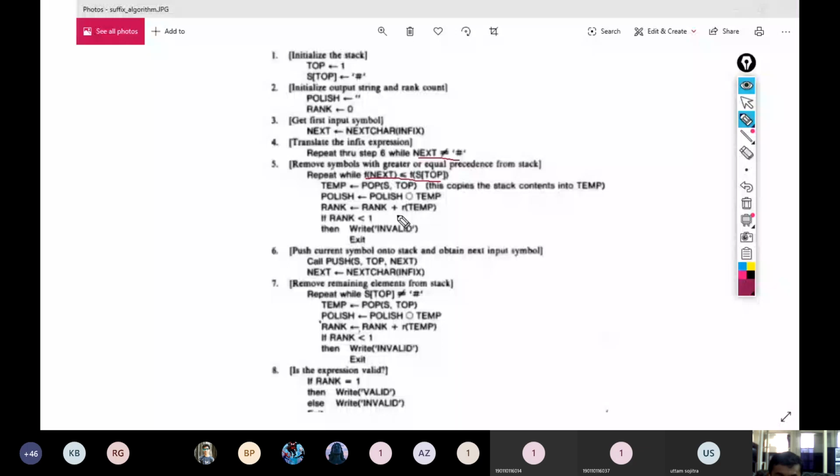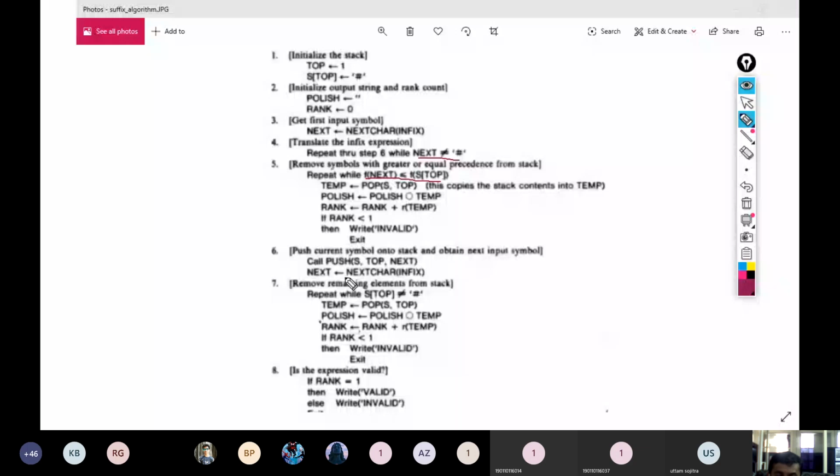Rank is updated by the character which is appended to the Polish expression. If at any time we find the rank less than 1, then we declare that the expression is invalid and come out of the algorithm. Then we push the next character to the stack and update next by getting the new next character from the expression.